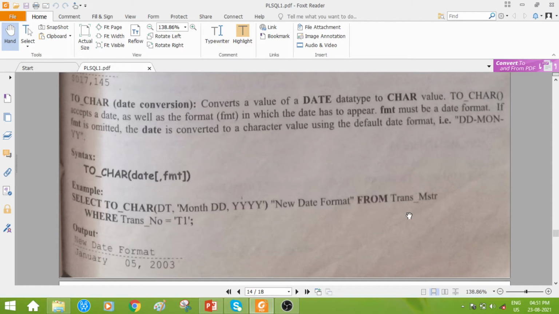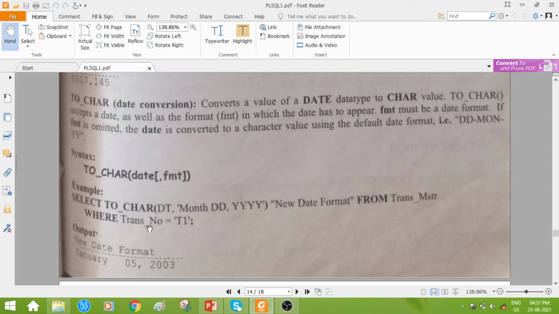Okay, when was the last transaction done by the user or the account holder? So that is what will be held in which one? Transaction underscore number. Okay, so they are telling select which one? The date value is present in which column here? Transaction underscore no is an attribute or a column found in the transaction master table.